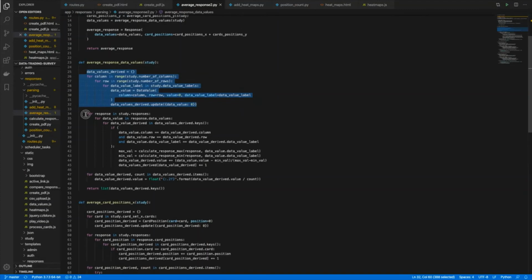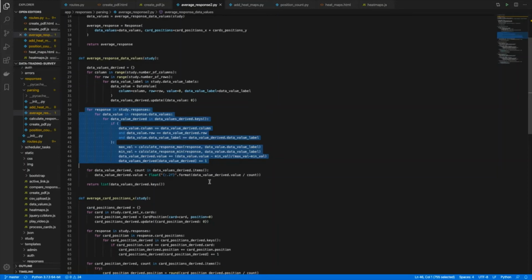And then it loops through each response, adding the normalized value to the running total in the array for each position on the grid. It also increments the count in the array for that position. After all responses are looped through in such a fashion, the total is then divided by the count for each position in the grid to get the average normalized value.